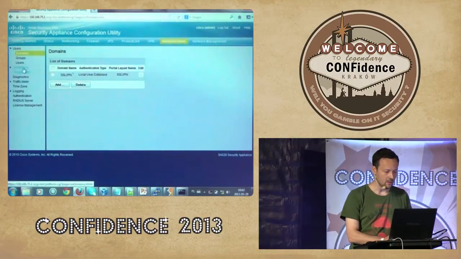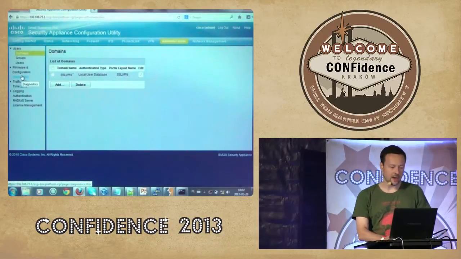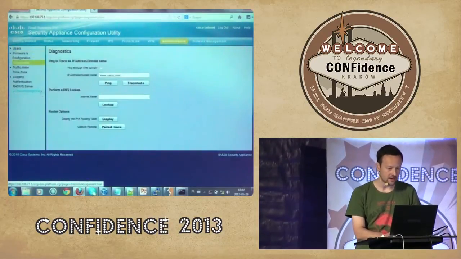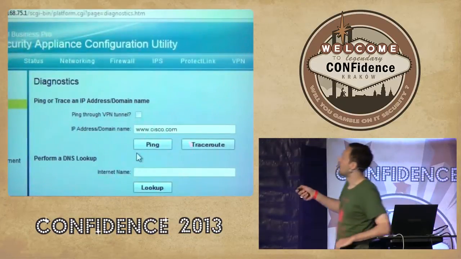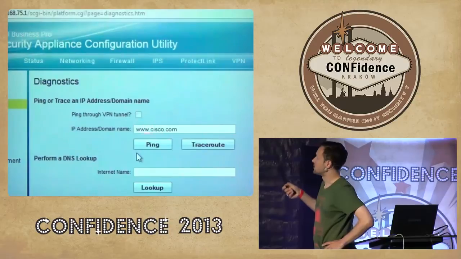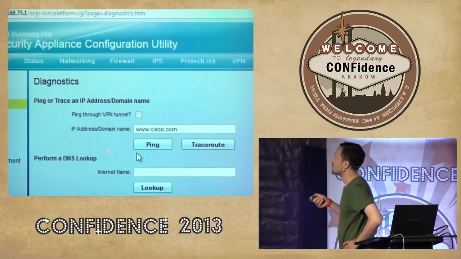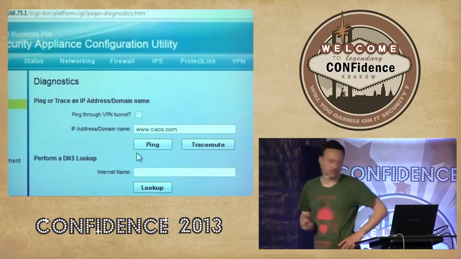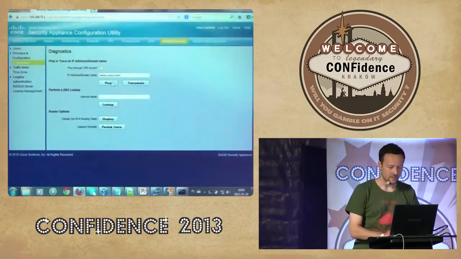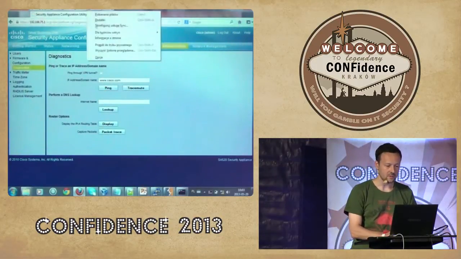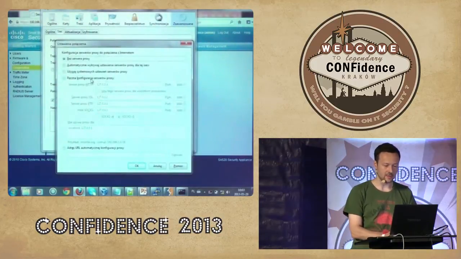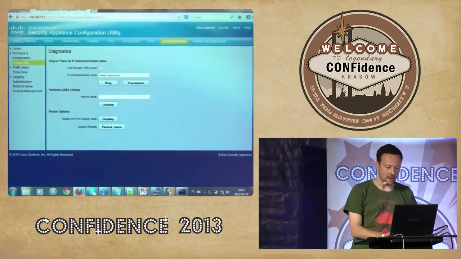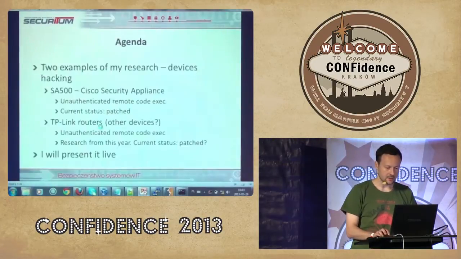And now, a sort of classic trick, I navigate to the Administration Diagnostic tab, and here I can see that I can provide an IP address or just an address and ping the target host, and I will do it, but before doing this, I will switch my Firefox to use a local HTTP proxy. Why am I doing this? Because